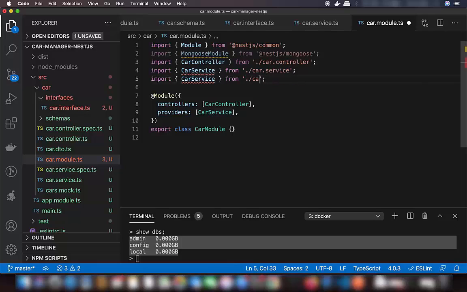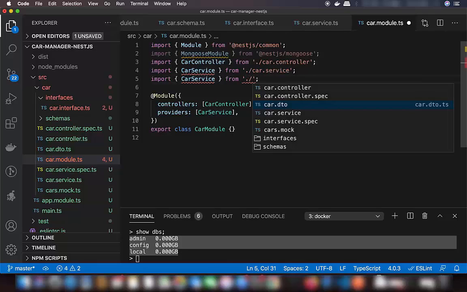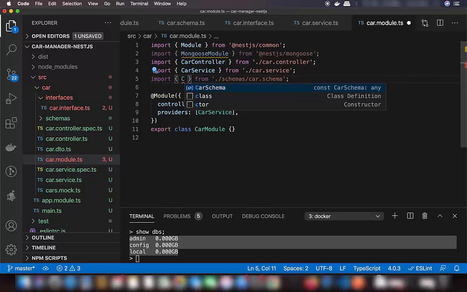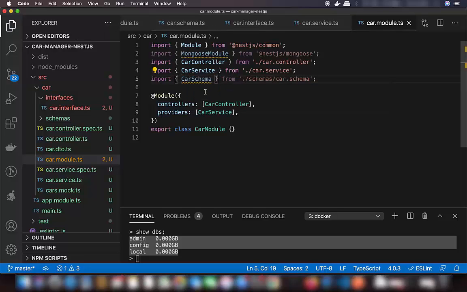So we will just go to our schemas and import our MongoDB schema from there. So car schema, and then we can just import this,